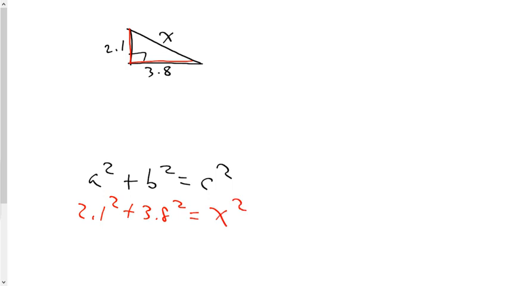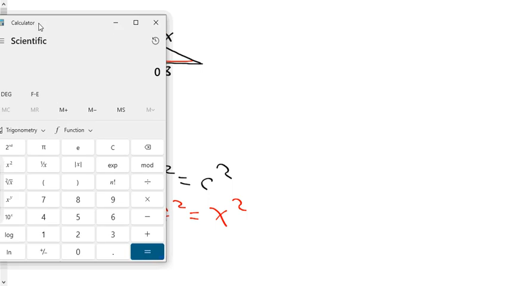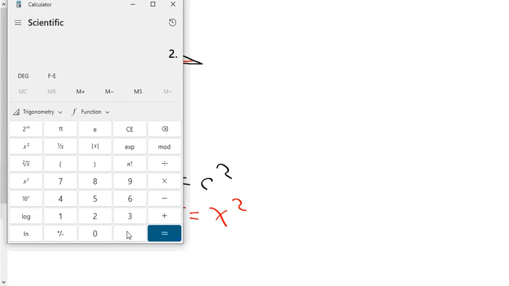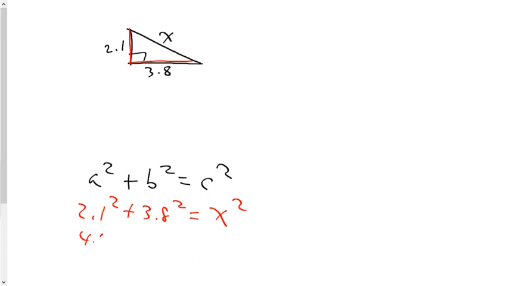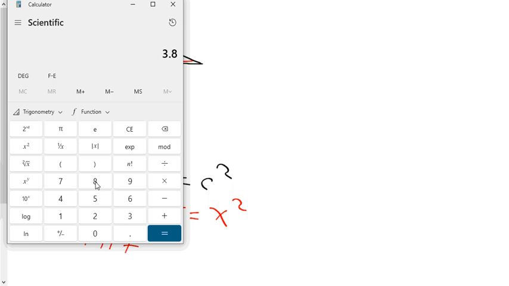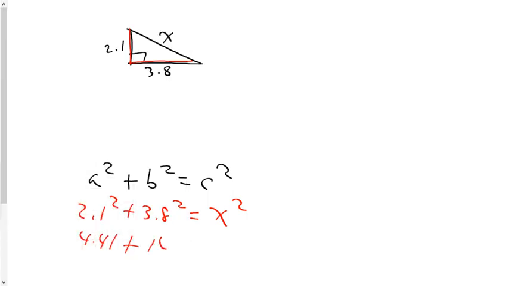Or 2.1 squared, I think I know this one, that's 4.41, isn't it? It is 4.41. 4.41 plus 3.8 squared, I don't know off the top of my head. 14.44, a lot of 4's in here, equals x squared. 18.85